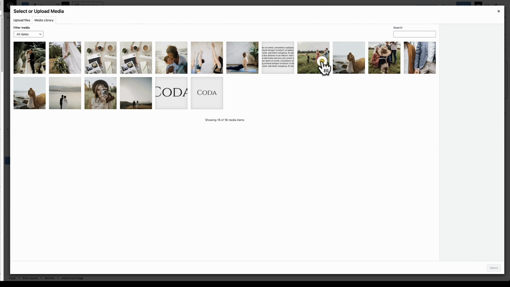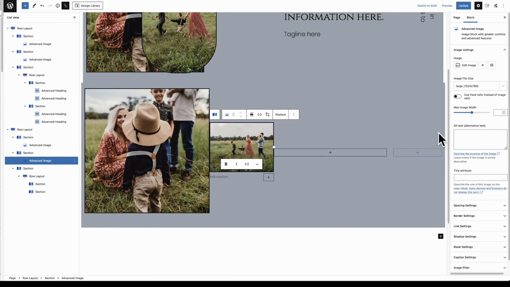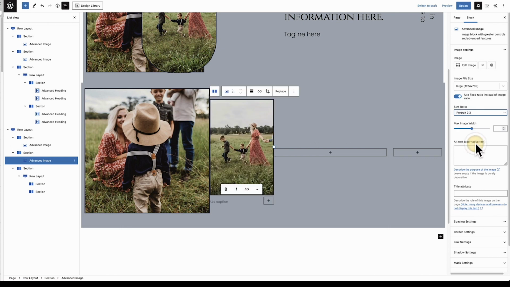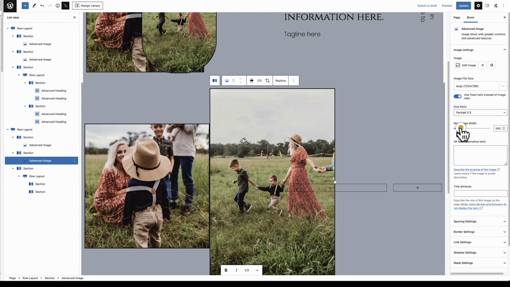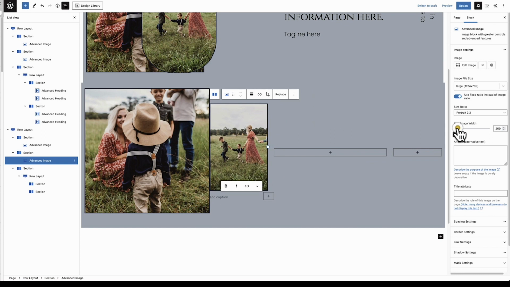This advanced image is the one that will be overlapping, and I'm going to use the portrait ratio 2:3, and you can see that I've started out with the image actually being a little bit too small. I should have left it there, and that sometimes with this